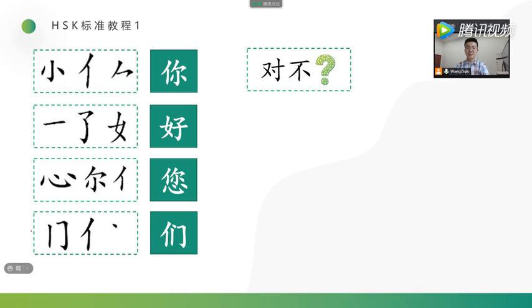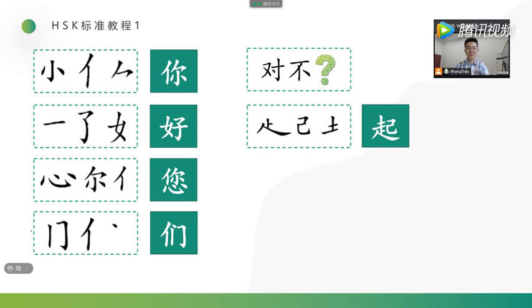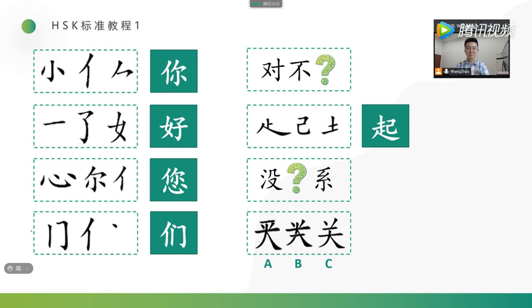Can you tell me what's this character? 对不。What's this? Very good. 对不起。And this one, A, B, C. Which one is the correct one? Good. C is right. 没关系。